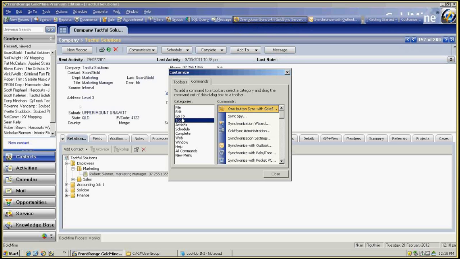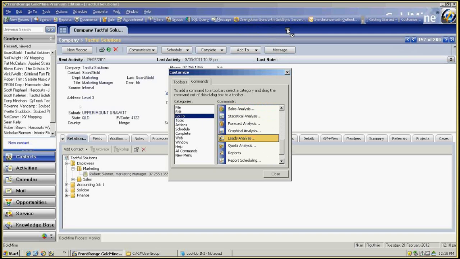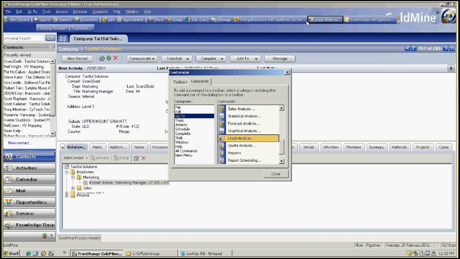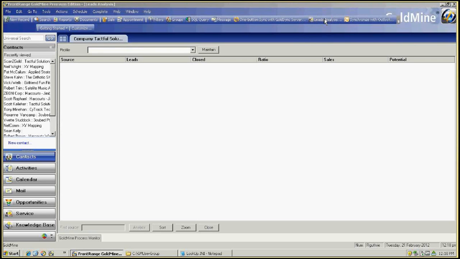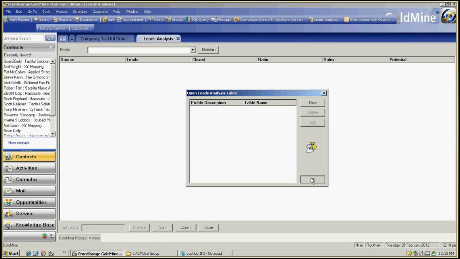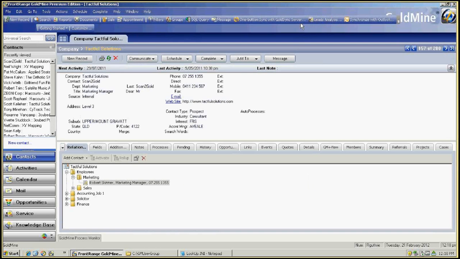Okay, I can do the same thing with go to. If I wanted to have a button to go to, let's have a look, a leads analysis. Select that, place it where I want it, let go, and hey presto, I have that button. So just close that now, and now I have my leads analysis section, which will automatically open up for me. And it would also do the one button sync with GoldSync server, but I don't have a profile, so